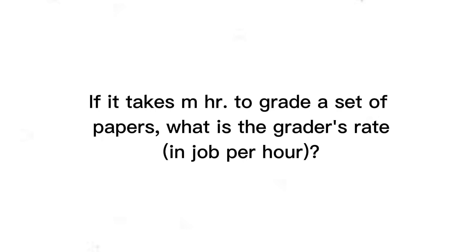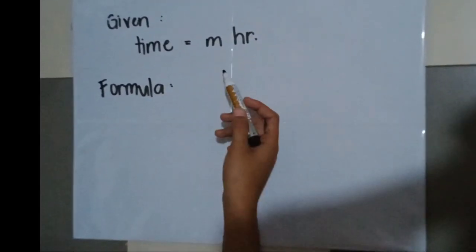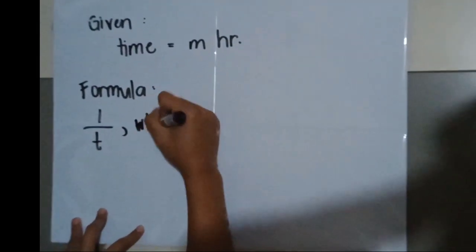In problem number 1, if it takes m hours to grade a set of papers, what is the grader's rate in jobs per hour? The given time is equal to m hours. The formula that we are going to use is 1 over t, where t